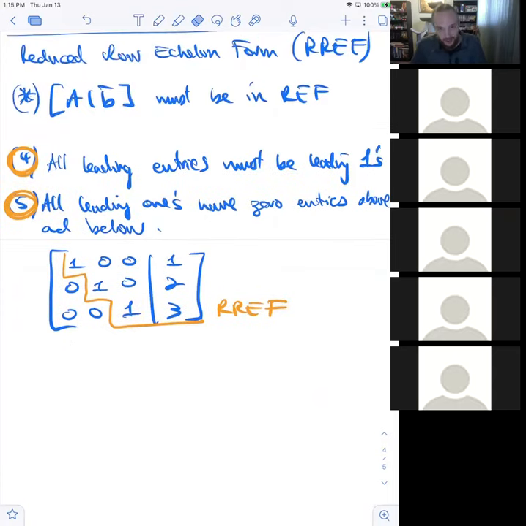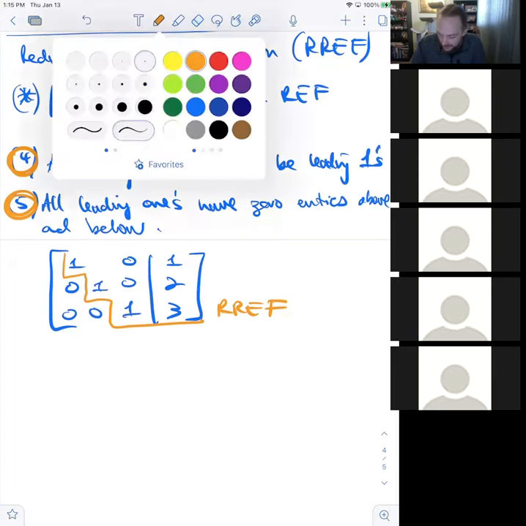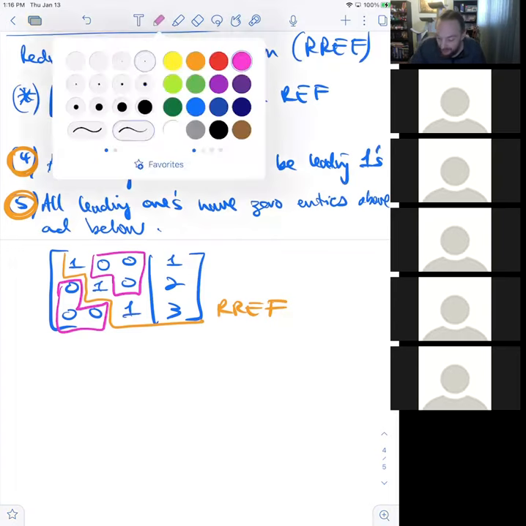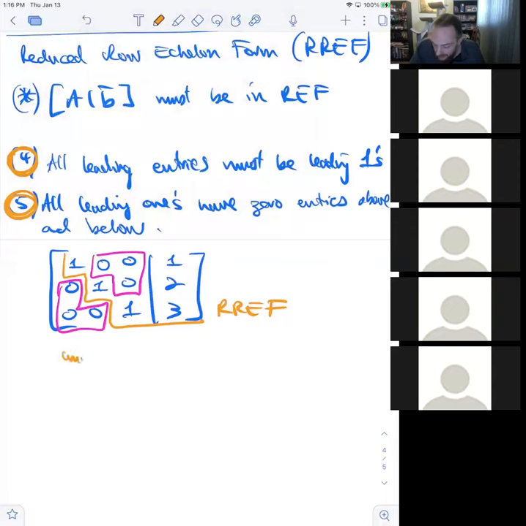And then I go through the last two conditions. Are all my leading entries leading ones? Yes. And do I have that the leading entries have zeros above and below? Yes, in this case. Oh, that should be a 0. In this case, now you can see that I have zeros above and below the leading entries. Once I have this, eventually they'll call this upper and lower triangular or a diagonal matrix, the coefficient matrix, which happens to be the identity matrix. This just reads off the solution now. The unique solution has to be x is equal to 1, y is equal to 2, and z is equal to 3